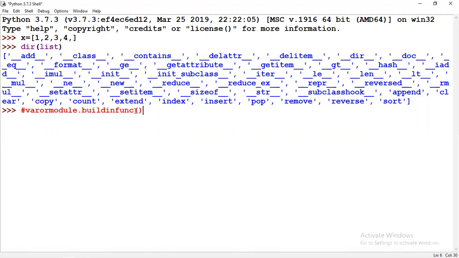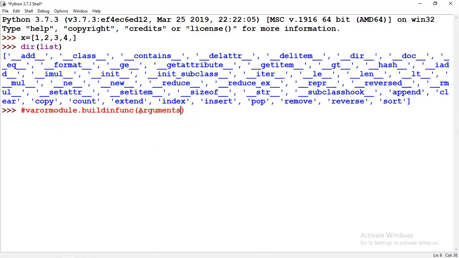We need to give an open bracket and close bracket, which is mandatory to call any function. So the basic syntax is the variable name, dot, built-in function, then open bracket, close bracket. Now we need to pass arguments if required.